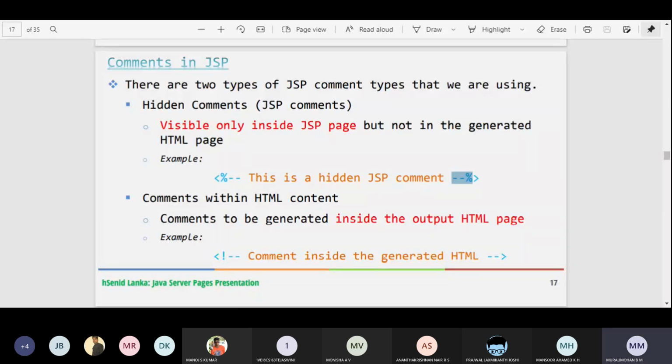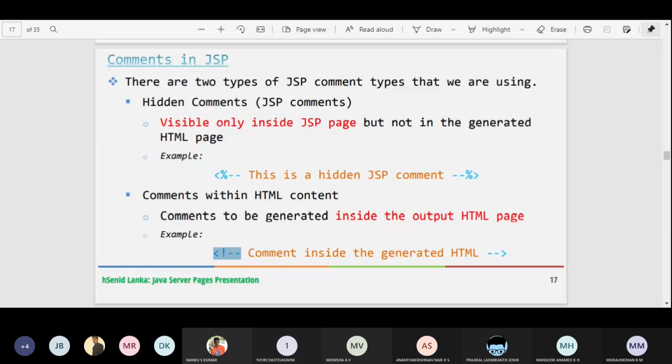These are hidden comments, meaning JSP comments. We can also write this as a comment in HTML content. Okay, so these are the comment types we are having, and the last one is directives.